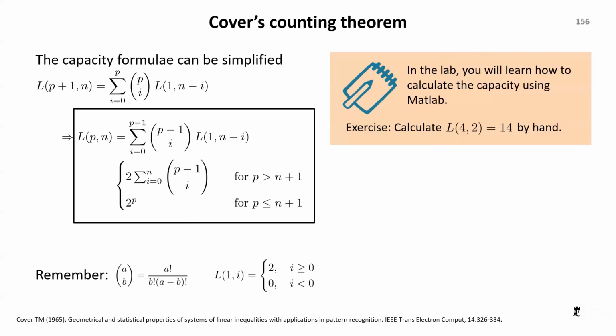But even that is not straightforward, because to calculate this for a very large number, your integer calculation easily goes over the capacity of the integer. So there are a few tricks to do that. And you will do that in the lab. We did it by hand right before, by drawing lines, very slow to calculate. This is 14.